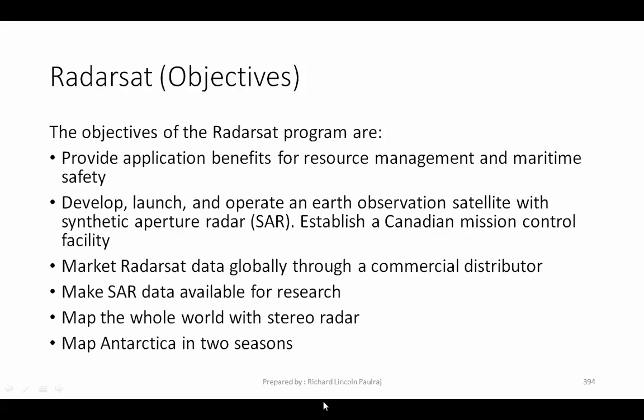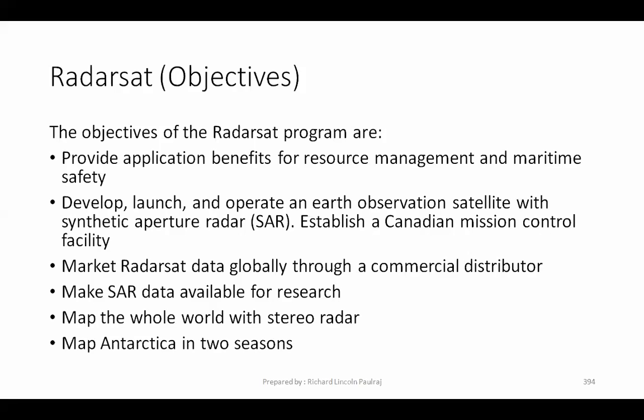So analysis can be done. With the help of analysis, we will be able to understand how long the presently available resources will be able to sustain, for how many years. For example, if we are using petroleum at this rate, for how many years is it going to last? Are we going to keep it for our future generation, or are we going to look for alternative sources of energy? All this analysis can be done with the help of satellites.